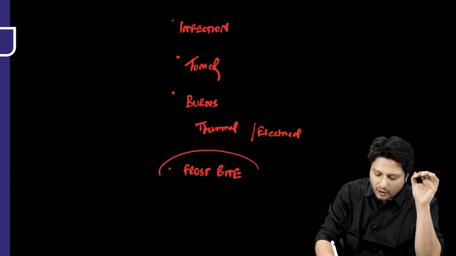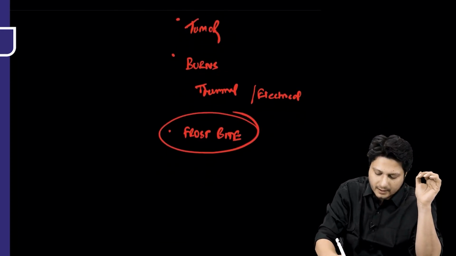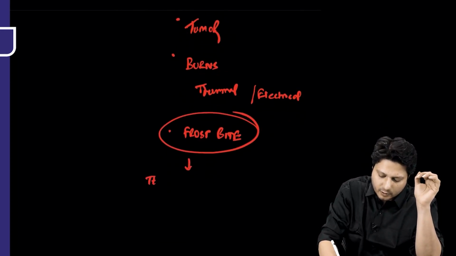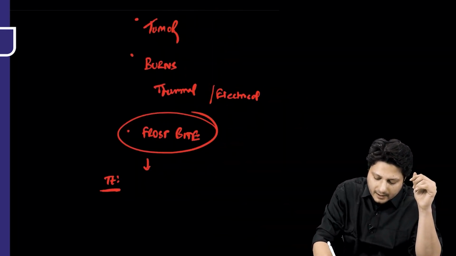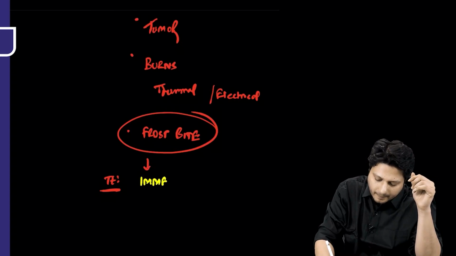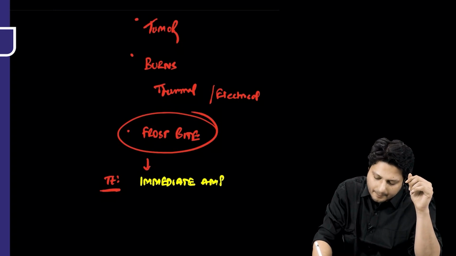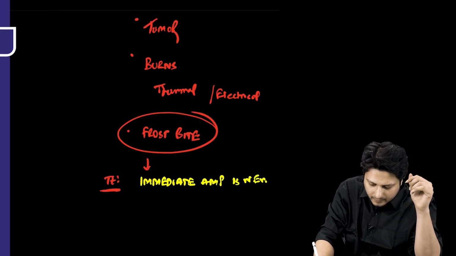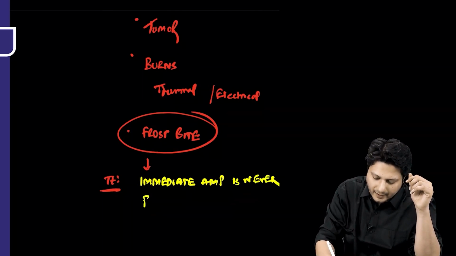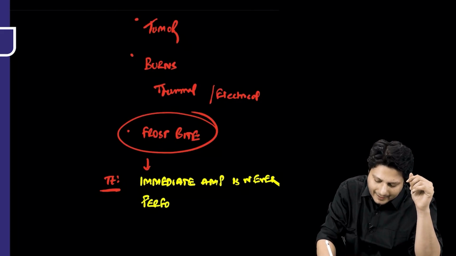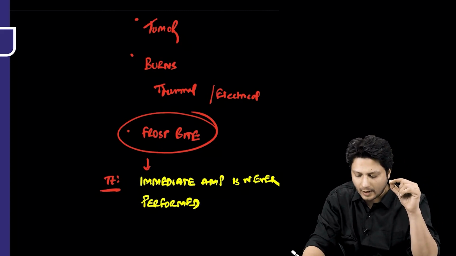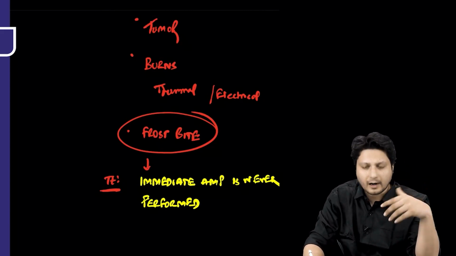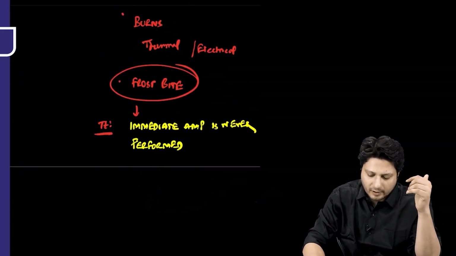So as far as frostbite management is concerned, you have to remember these 3 to 4 points. Point number 1, immediate amputation is never performed, despite the fact that it is not having any sign of livelihood left. Even then you have to wait for some duration of time. Then how to manage it? The management will be based upon